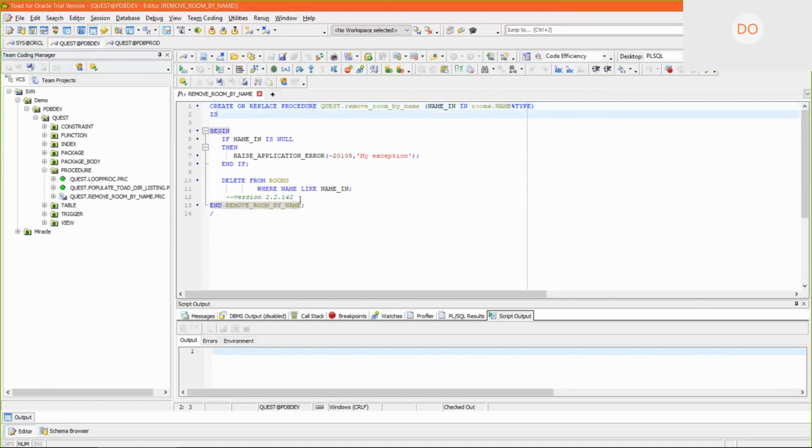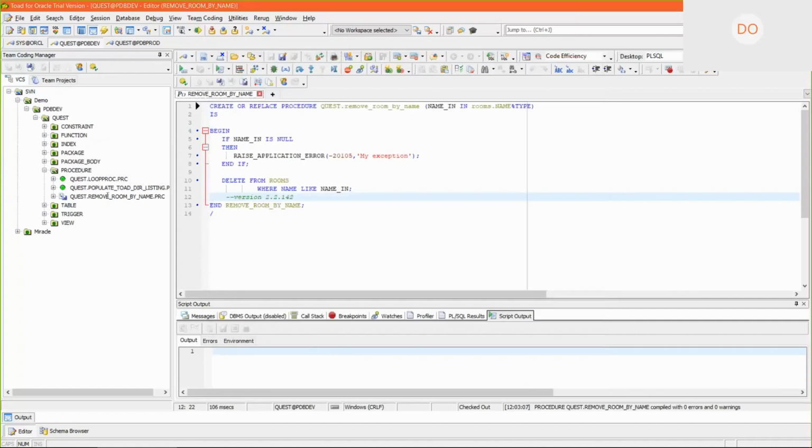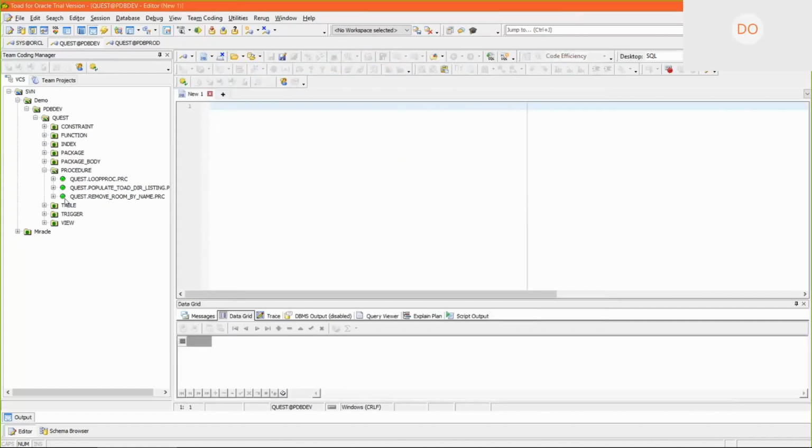So I make whatever changes I need to make, execute it within the database, and then I can check it back in or simply close it. It will automatically check it back in. So I have to put a comment again, and you can see here as soon as it's checked back in, it becomes available again. So all I'm doing is working on the database version of the object, and I never have to worry then about the version controlling. It's completely automated between